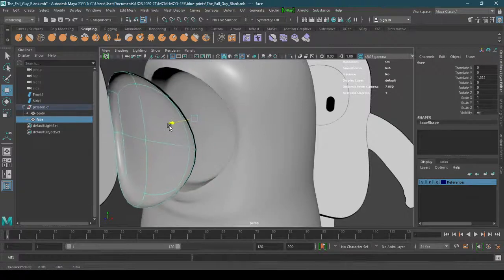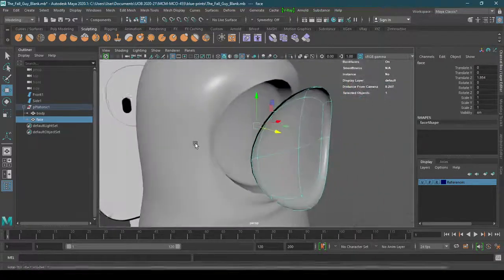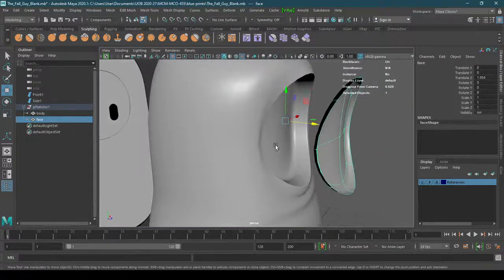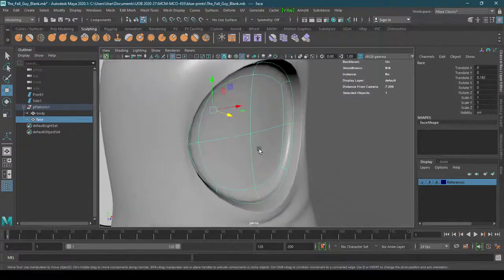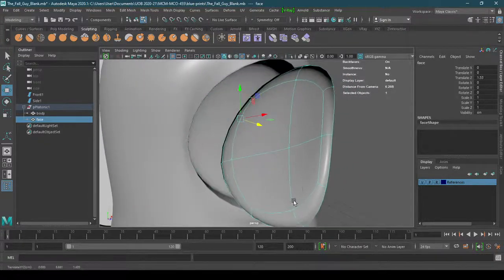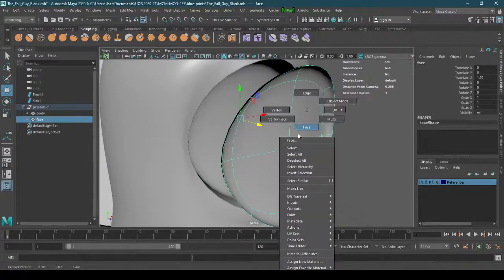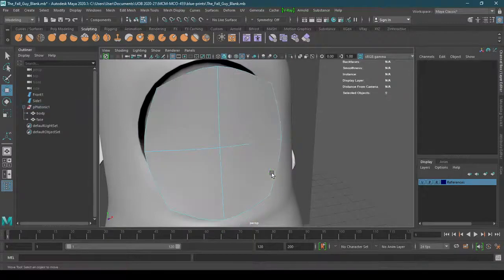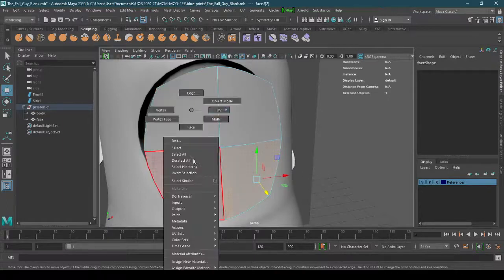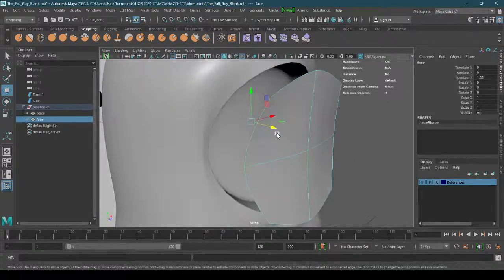So let me move it temporarily outside, and you can see that it is all flat. But the issue over here is I don't want these sides here. It was better not to select this side. So I will delete these sides. Okay, and this is all fine. If I move it back,